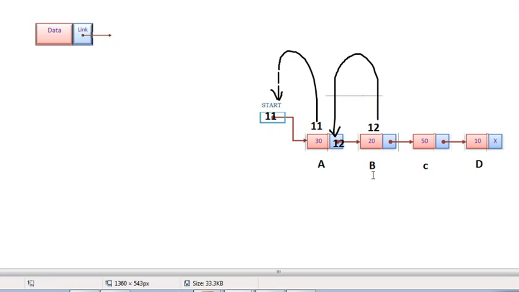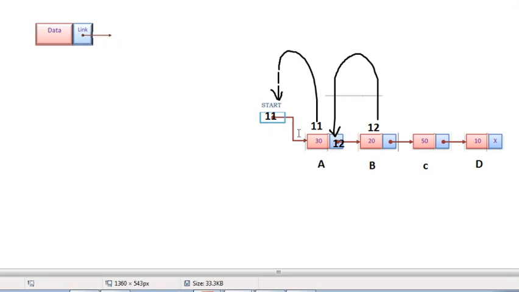Here 12 is the memory address of B, another variable, and it is stored in the link field of A. So the link is established between A and B with the help of the pointer concept. Assume Q is a pointer which holds the memory address of B. B has the memory address 12, which is stored in the link field of A.